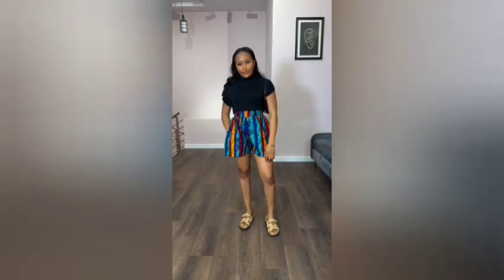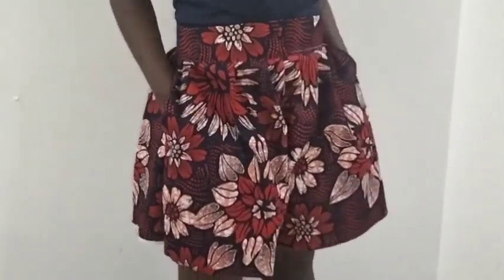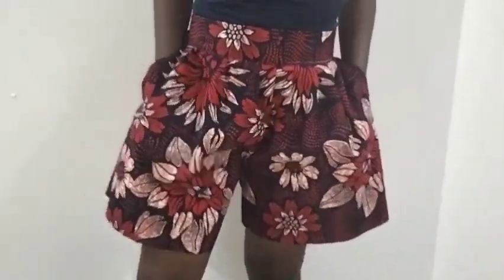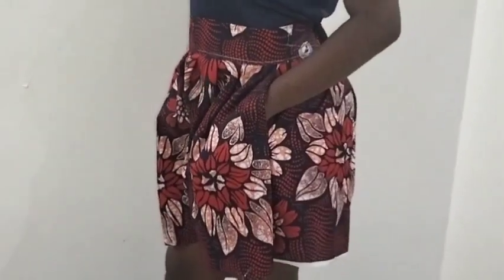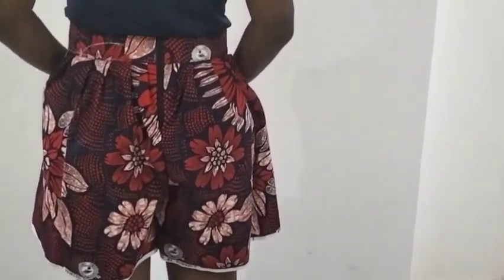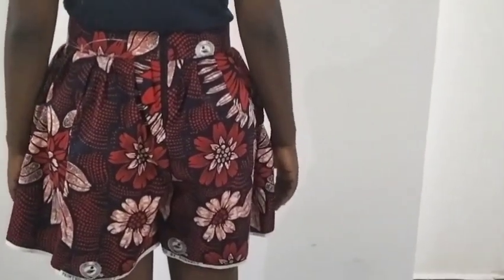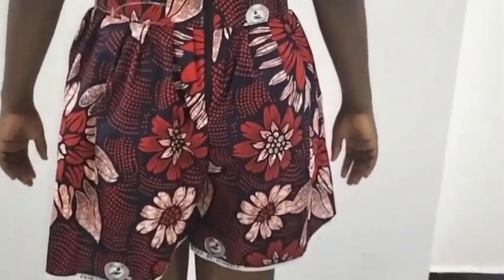In this tutorial, I'll be teaching you how to sew these baggy shorts with waist pleating. It has two side pockets and it also has a zipper at the back. I'll be sharing with you some tips and tricks to making these shorts the way it is, pleated and baggy. It has a zipper at the back, as you can see. So if this is what you want to learn in this class, I will encourage you to stay till the